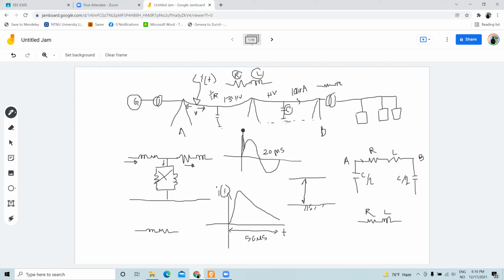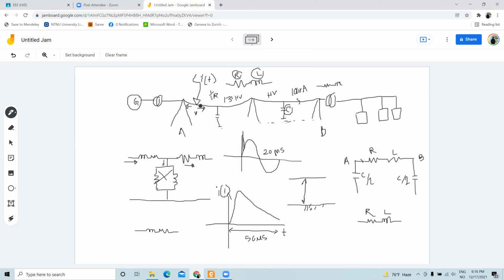You will see a very short duration, high amplitude voltage transient. So this voltage transient, as it is of very high frequency, you cannot use Kirchhoff's voltage law. You cannot use the Kirchhoff voltage law because the frequency is high, so